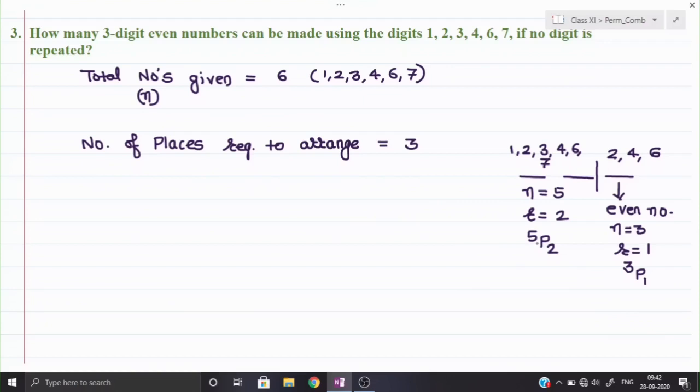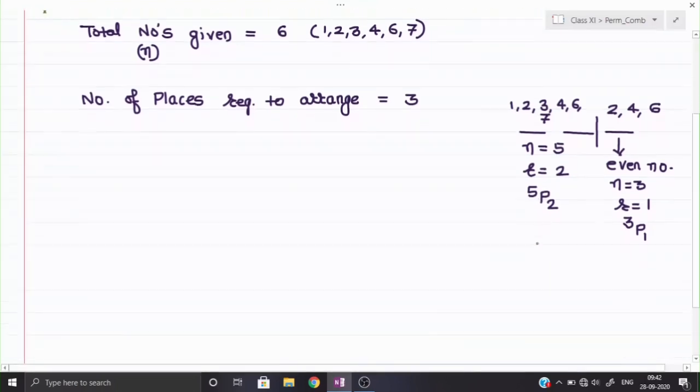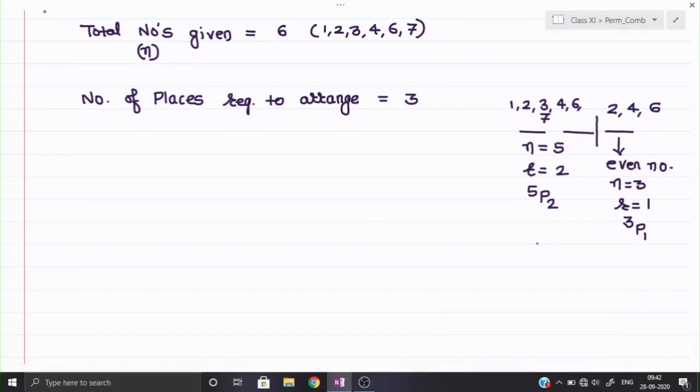So remember why we are multiplying: because for the 3 different places we found the number of ways, all those ways we need to multiply according to the fundamental principle of counting. You can say that the method of permutation also has the base of the fundamental principle of counting only. The method of permutation makes our work a little more simple. Since the fundamental principle of counting is a very basic way to solve the question, sometimes we get lengthiness in the method, but the method actually works on the fundamental principle of counting only.